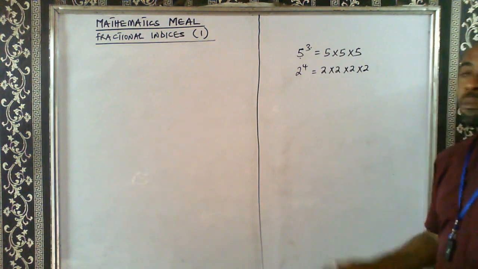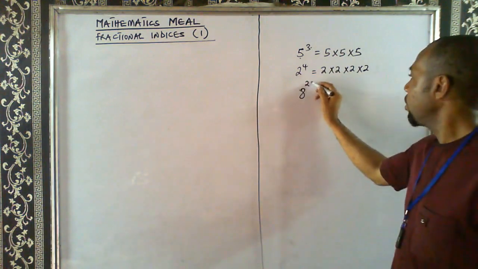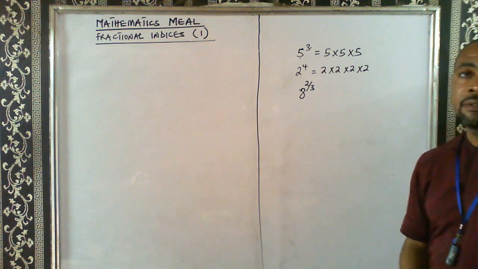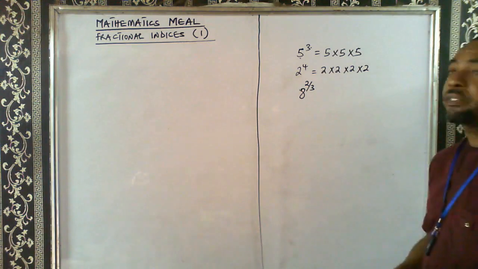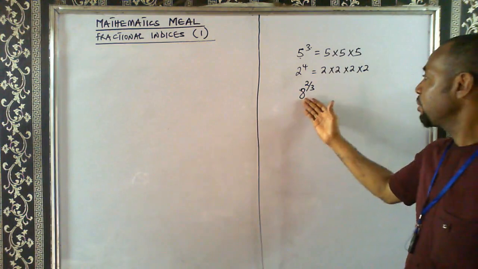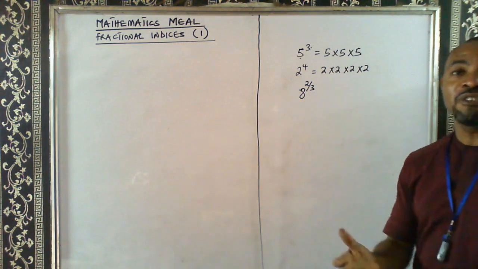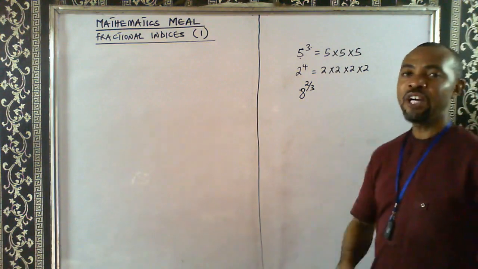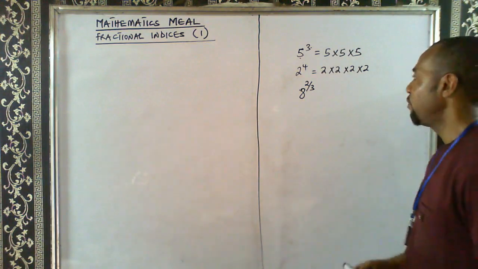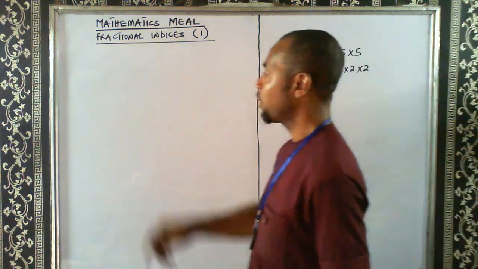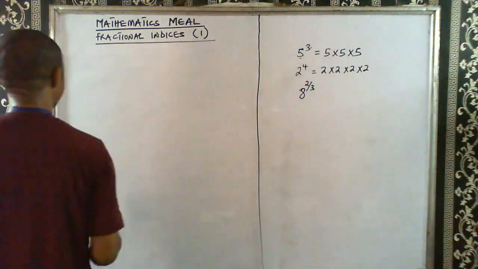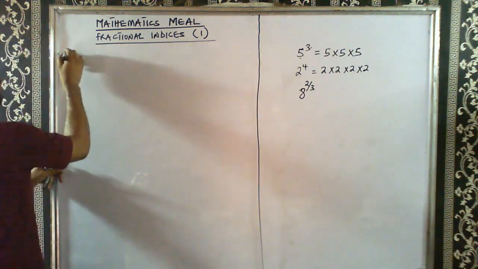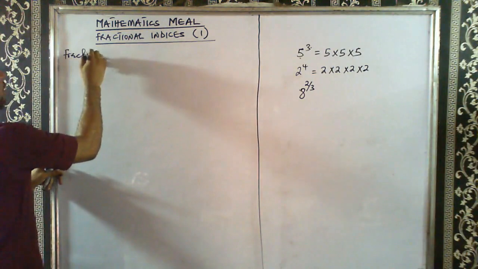But supposing I now have 8 raised to the power 2 over 3. How am I going to handle this? How will I multiply 8 into 2 over 3 times? That's the issue now. So how do we handle this? Very simple. That's the concept of fractional indices. So I can say that fractional indices